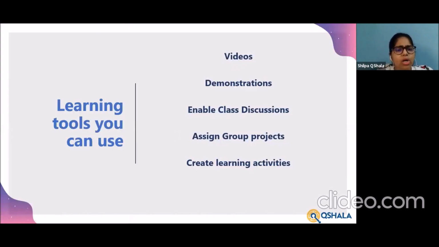And what are the different kinds of tools, or the different kinds of ways that you can use to help asynchronous learning? One is by recording videos. You can record your videos, your lectures, your presentations on the screen while you're showing the presentation to them.